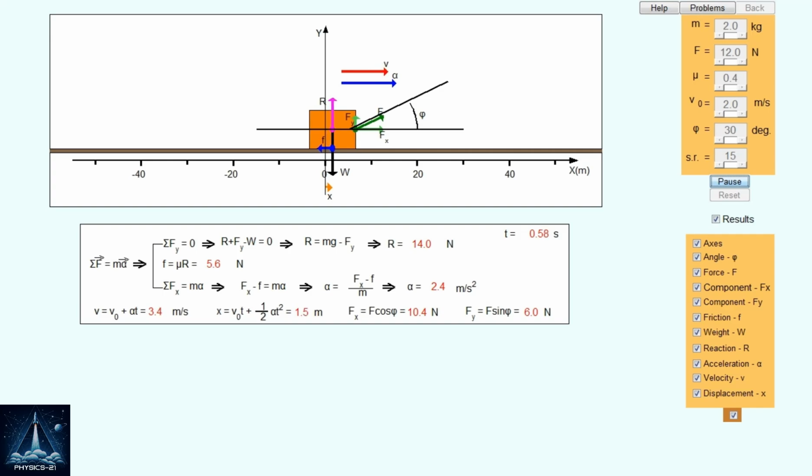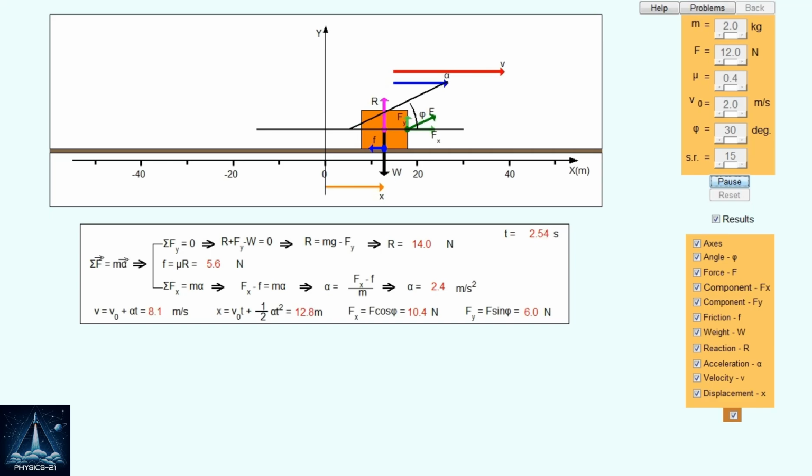Along the y-axis direction, the body experiences its weight W, the reaction R from the horizontal plane, and the vertical component Fy of the force F. Along the x-axis direction, the body experiences the horizontal component Fx of the force F and the friction F from